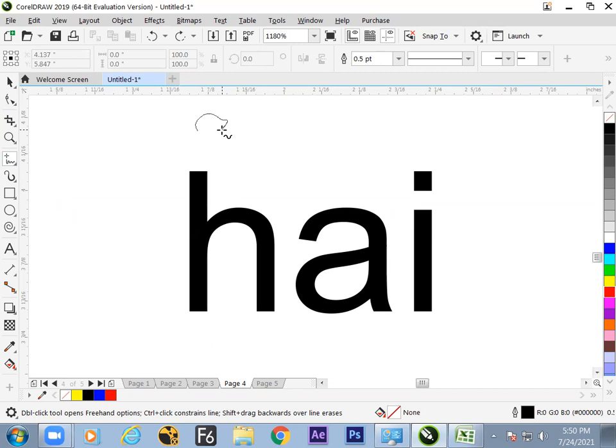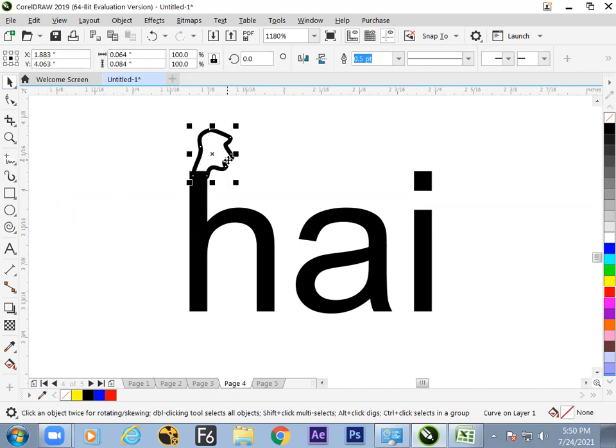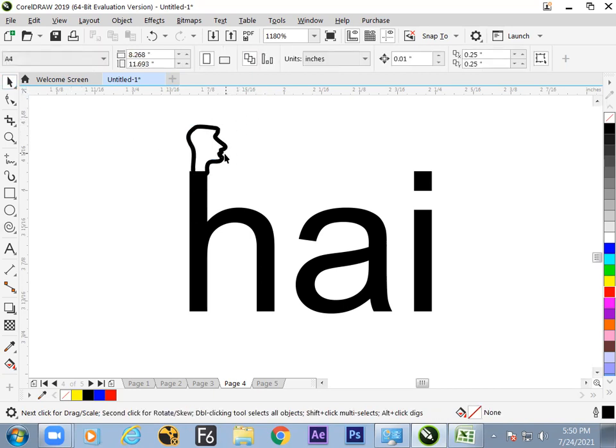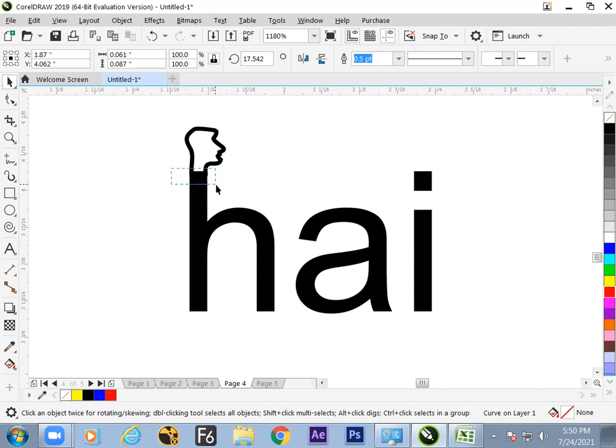So a shape I'm taking and adding it to this. How to add? What is the command to add this? Combine, welding, all these options we have learned, right? Select both this and this. Welding.